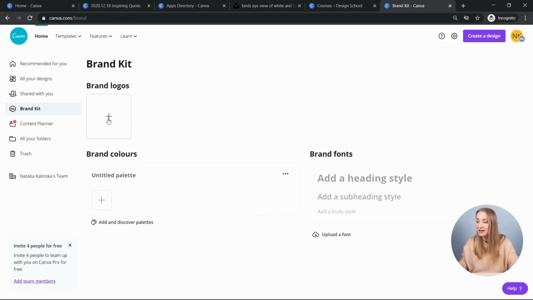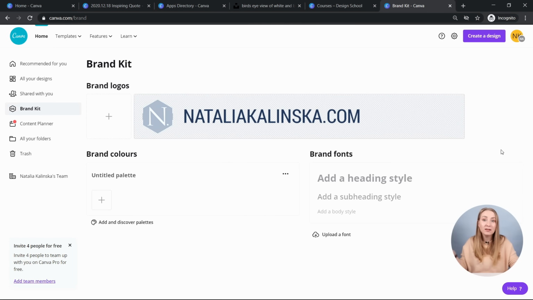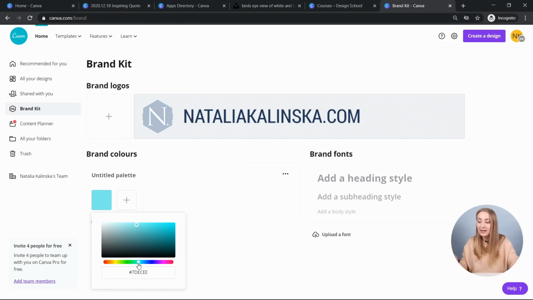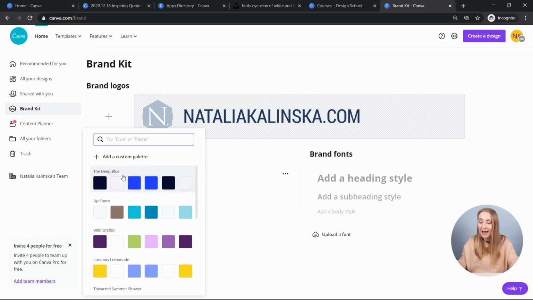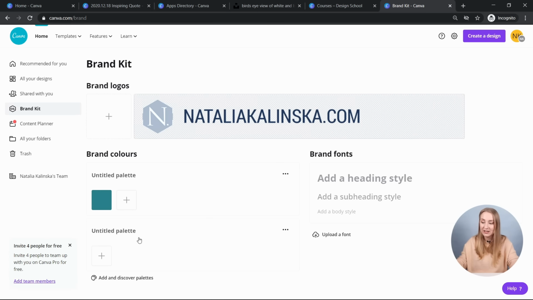So as you can see in here, I can click and upload my logos from here. You can have multiple ones in here. You can also apply brand colors. So you can insert the exact hex colors, just like with the color picker in the editor. You can also play around in here, create titles for the palette, and you can just delete them altogether as well. So you can add different palettes, custom ones, so you create it in here.